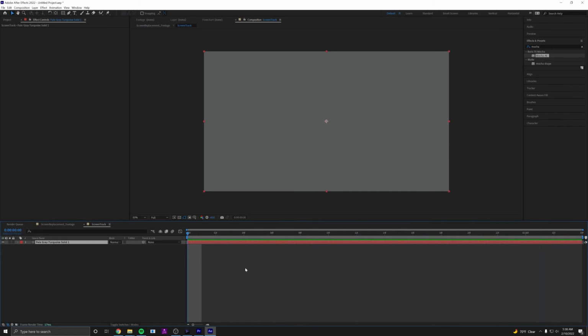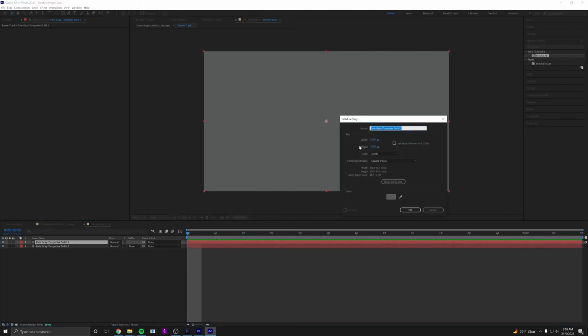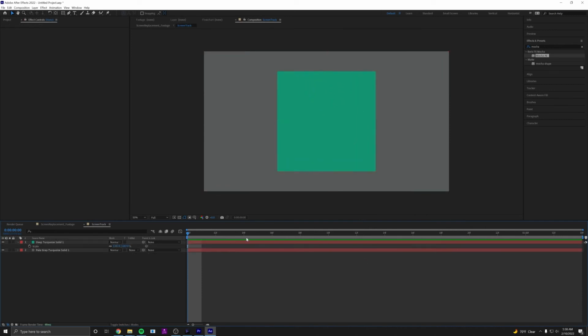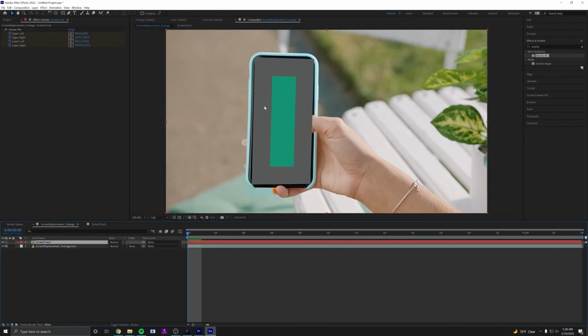So if I put anything in here, let's say I put another solid that's 100 by 100 pixels, this is just for reference. Let me change the color so we can just see it. And we go back to our main composition, we can now see that it is appearing on the phone, but